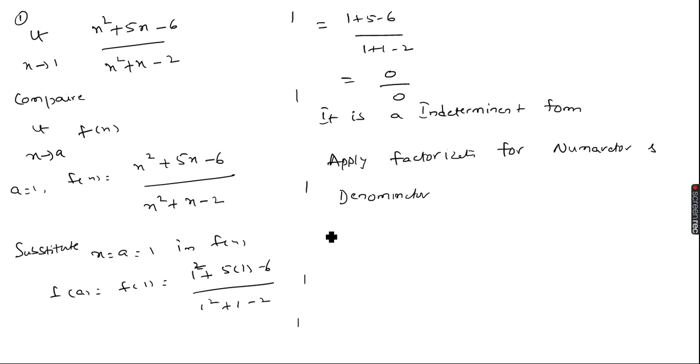So first, for the numerator, that is x square plus 5x minus 6. Here we compare with ax square plus bx plus c. So we do a into c. We have to select k1 and k2, the two factors,